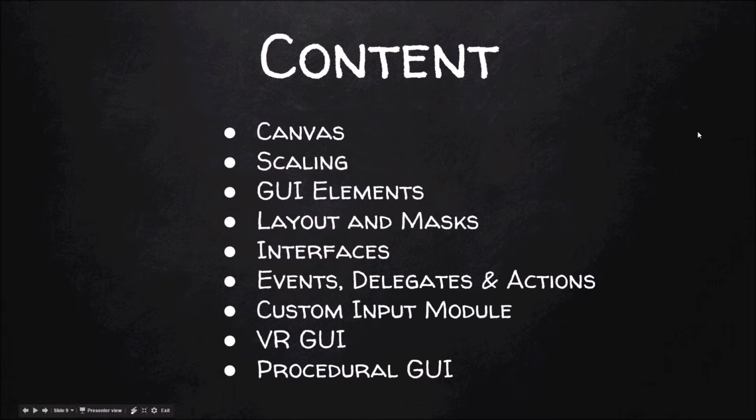All the topics till now will involve very little coding, and the major development would be done inside the editor where you place your GUI elements and link to a function in your code. After that, we'll start with interfaces, and then the topics would be more code heavy. Interfaces, event delegates, and actions are all the major building blocks of the underlying code of Unity GUI system. So Unity GUI system internally uses these features to talk between the buttons or the events and your code.